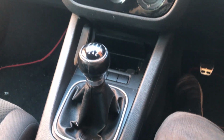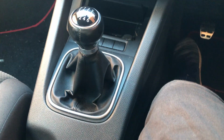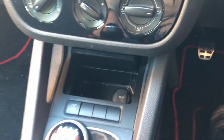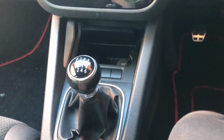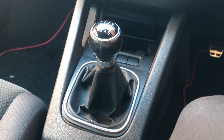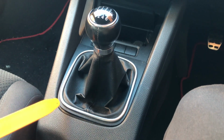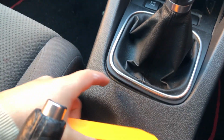So while you're waiting for that, what you want to do next is remove the trim around that, so you can access the 12-volt adapter bit there. So start off by getting rid of the shifter trim. What I've done is grab a trim removal tool, and I've worked around the edge of this and pried it up. Once you get one corner like this and you manage to make it lift up,